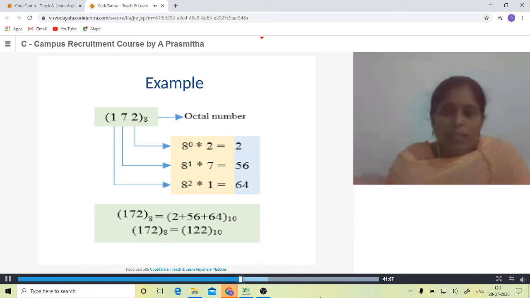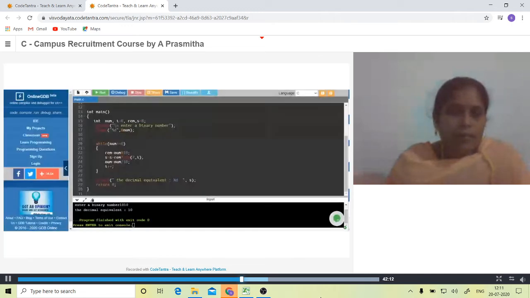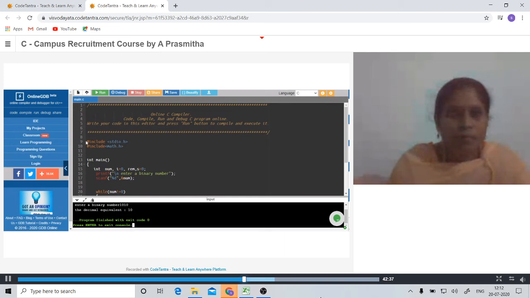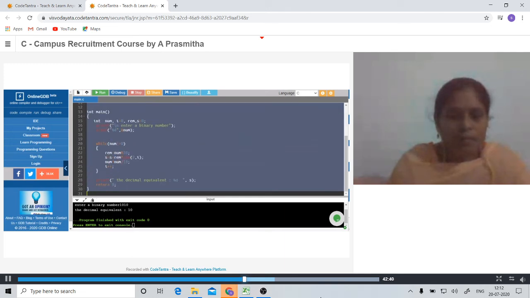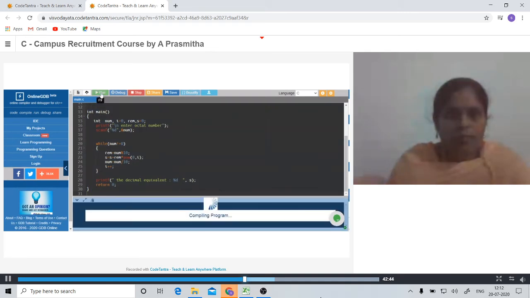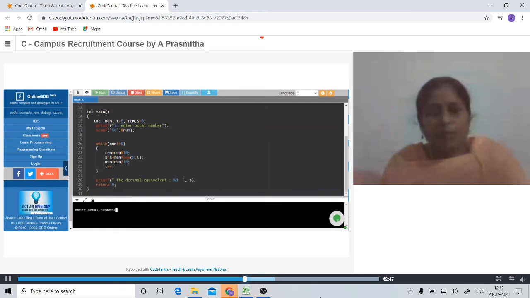Now let us see the same using an editor. We are giving 123 as input.